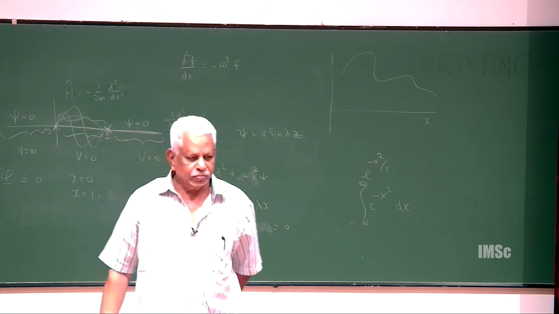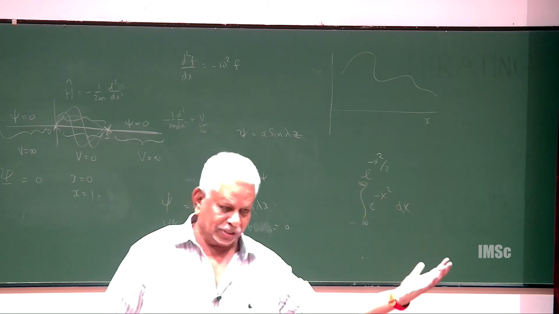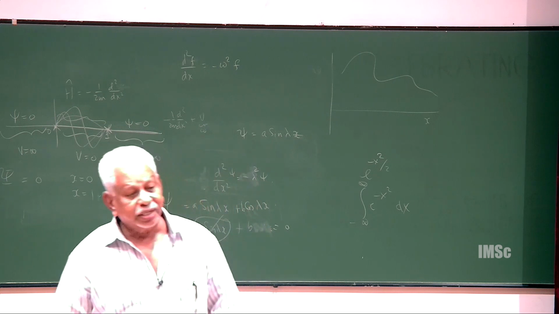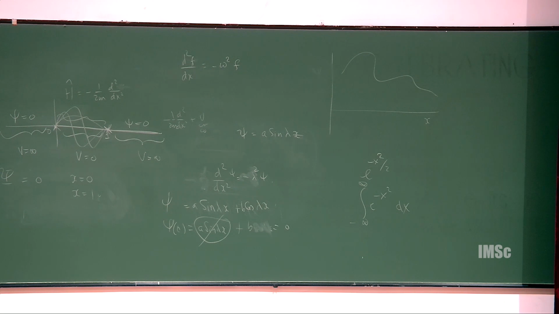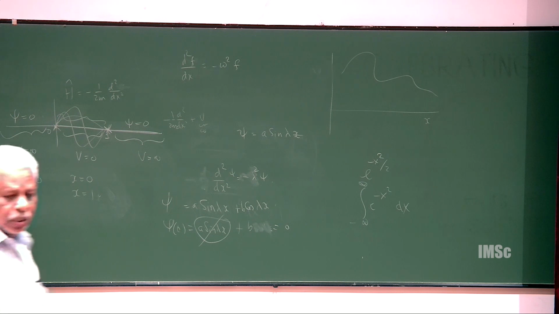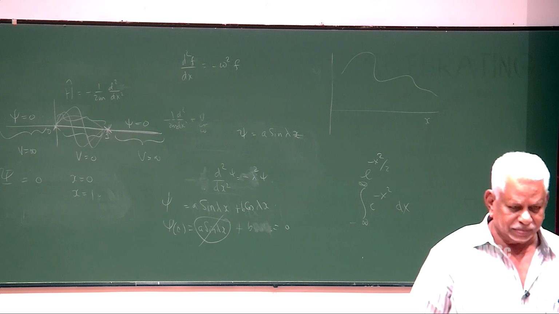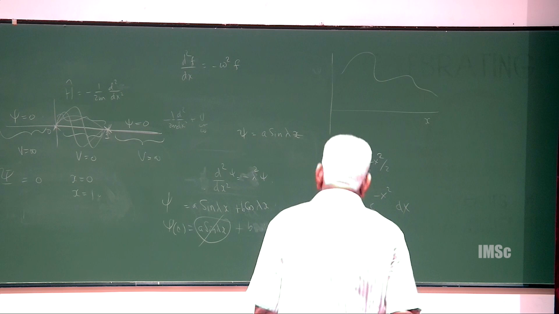That is a function. I have applied only one boundary condition. I have to apply the other boundary condition. Now, at x is equal to 1, sin lambda should be 0. It can be 0 if lambda is n pi. So, the solution is